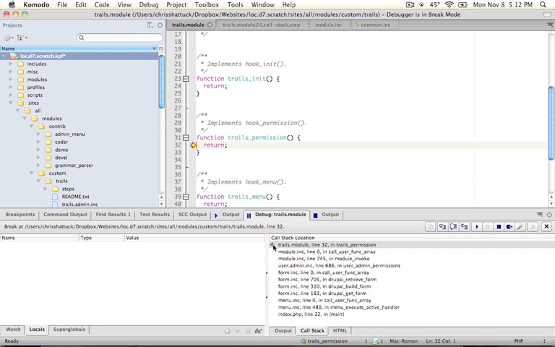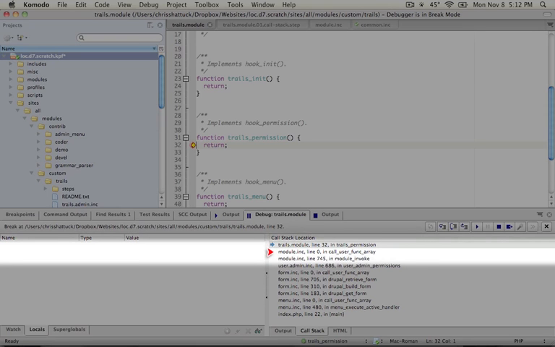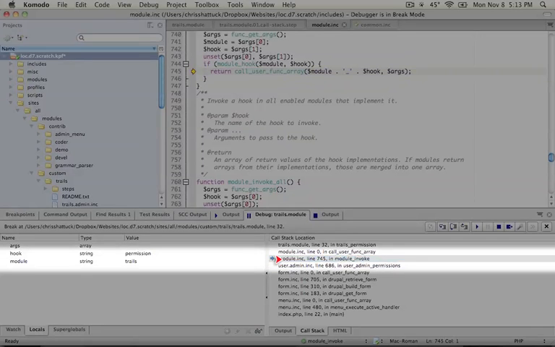This call stack is a little bit longer because this is a little further down the Drupal execution process. And let's go ahead and step up the call stack. We see on this second line is a call to call user func array, which should look familiar from the hook init function. And if we step one more up, we'll find that we land in module.inc, line 745 in